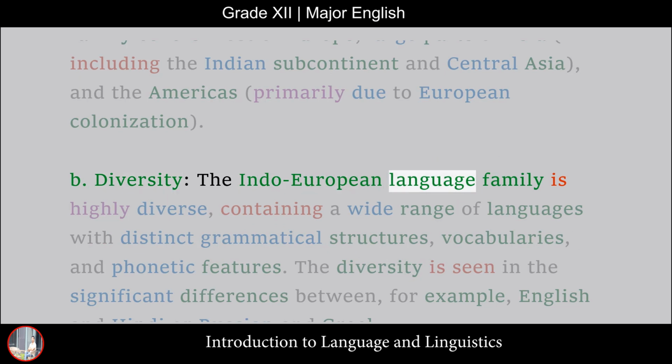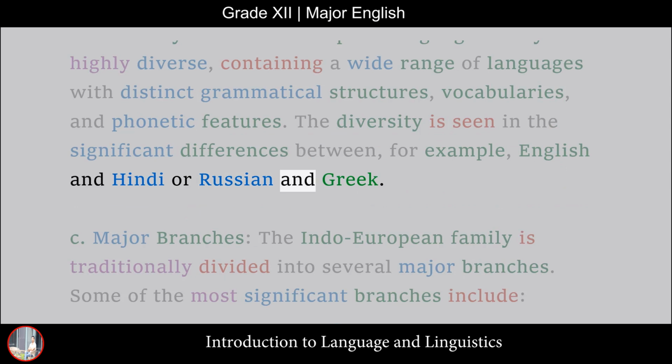Diversity. The Indo-European language family is highly diverse, containing a wide range of languages with distinct grammatical structures, vocabularies, and phonetic features. The diversity is seen in the significant differences between, for example, English and Hindi or Russian and Greek. Major branches. The Indo-European family is traditionally divided into several major branches. Some of the most significant branches include